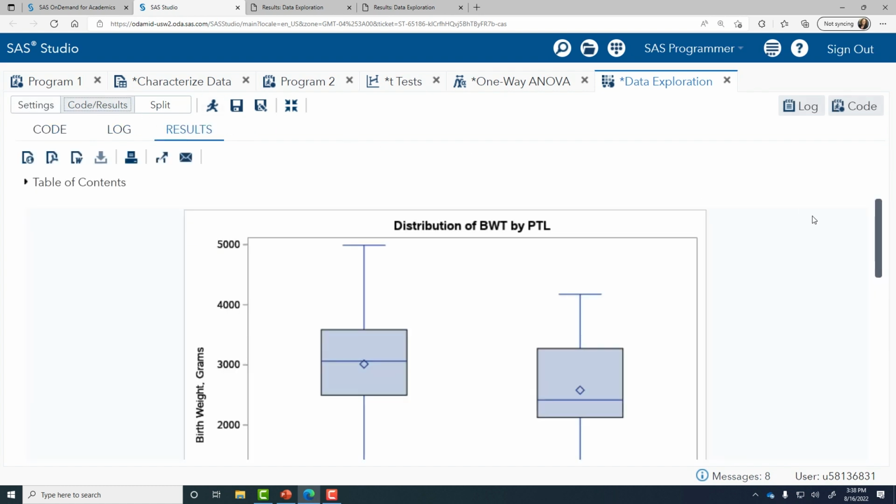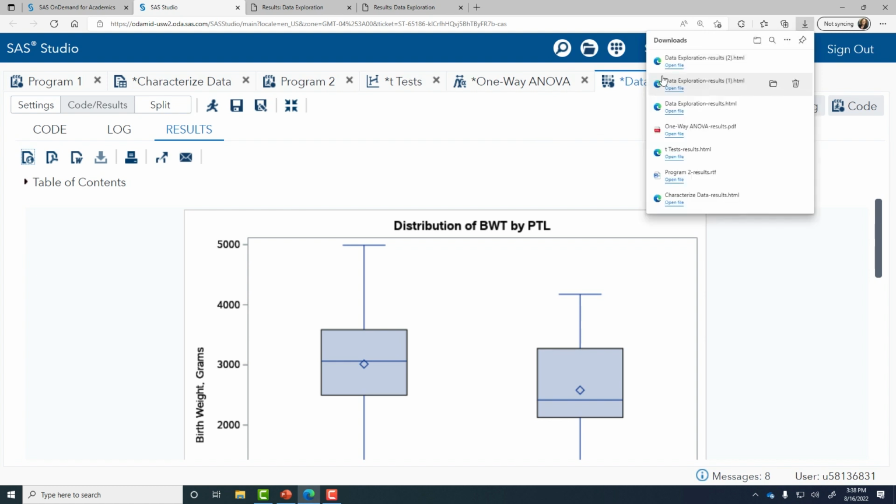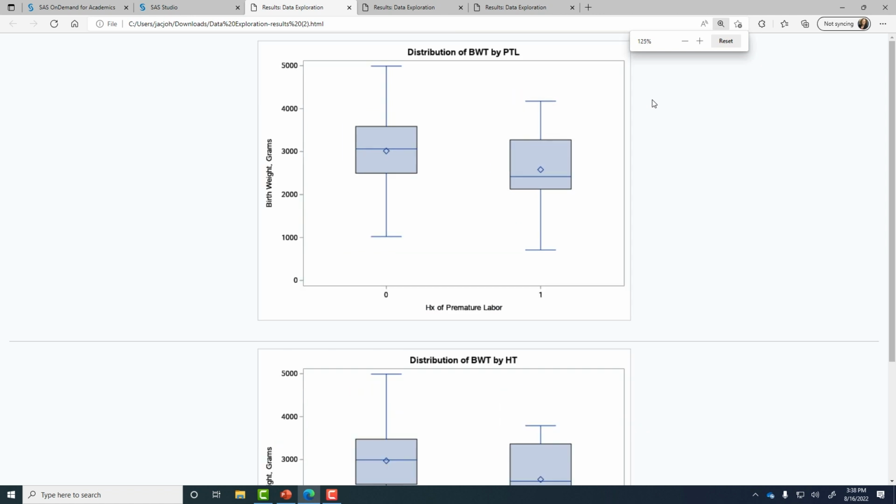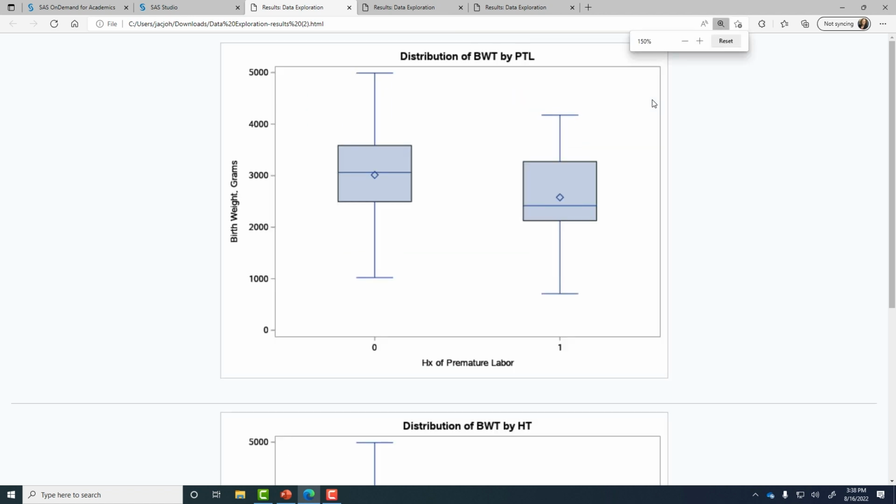And I'll go to my Code Results tab and open this into a web browser. Here we're looking at a box plot of birth weight for mothers that did not have a history of premature labor on the left, and mothers that did have a history of premature labor on the right.